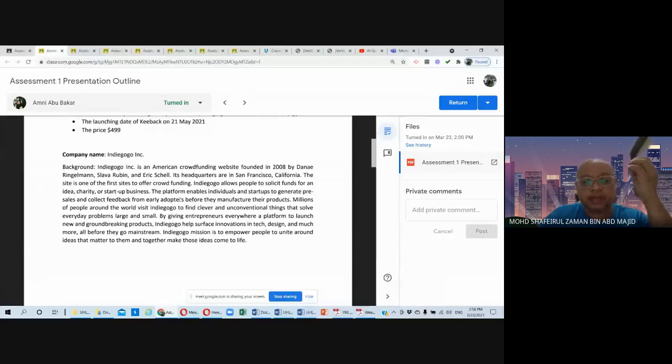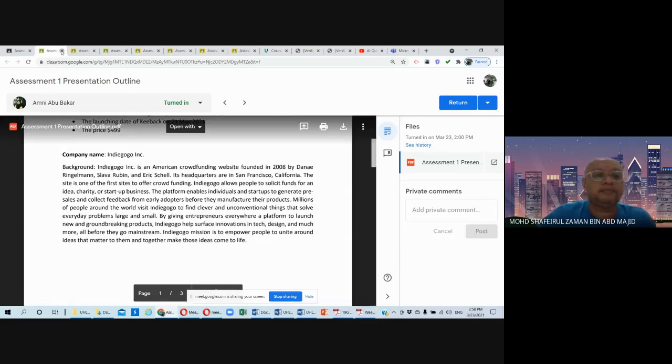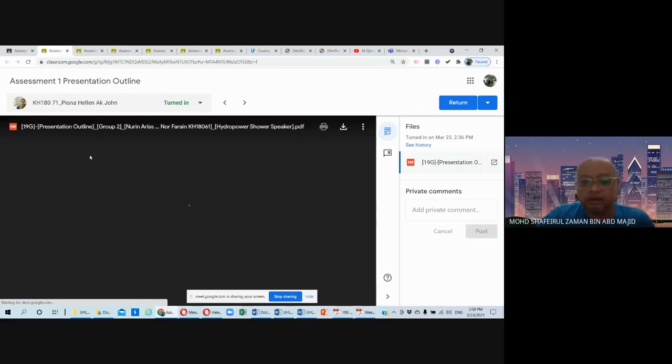So as a backup plan, find another product and then you can propose it to me in WhatsApp. Not the WhatsApp group, you can send me a personal WhatsApp, stating the product as a backup plan. And then get me all the details similar to the one that you have prepared here. Okay, Amni and the team. Okay, sir. Thank you.